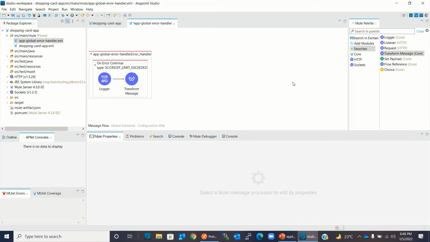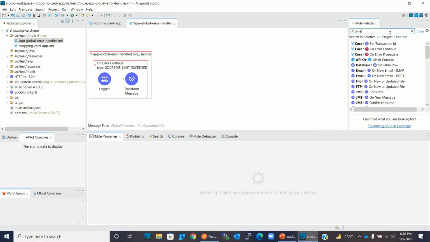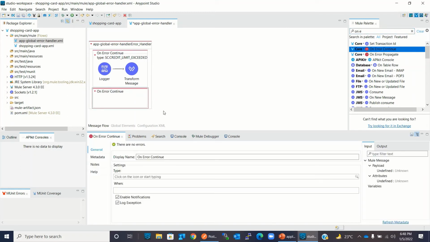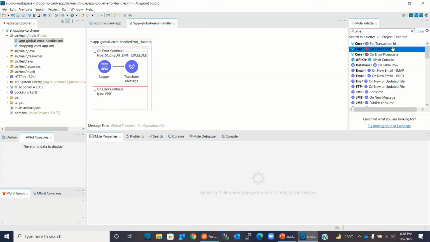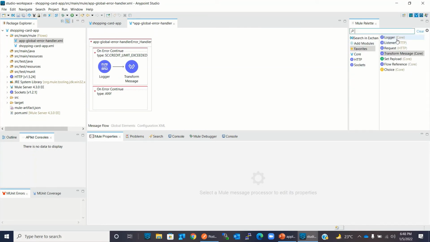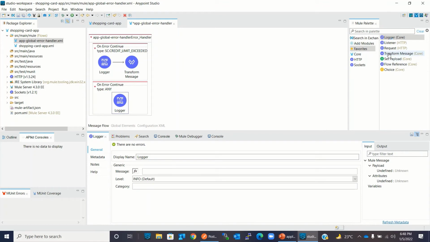Now I will add one more on error continue. And here I will catch all the error. I will search for any. I will add a logger. I will add a transform message.